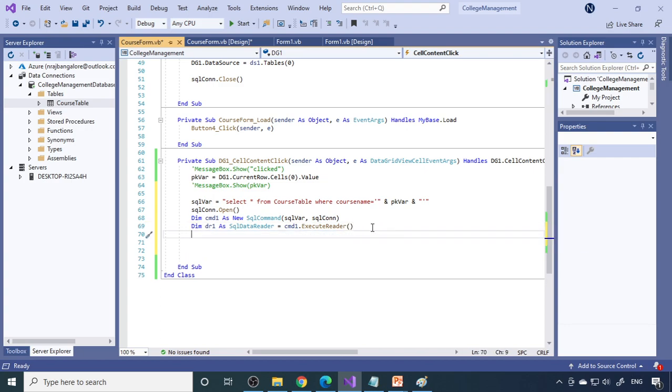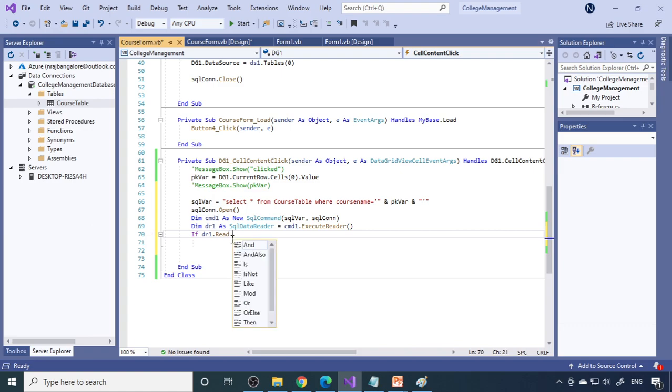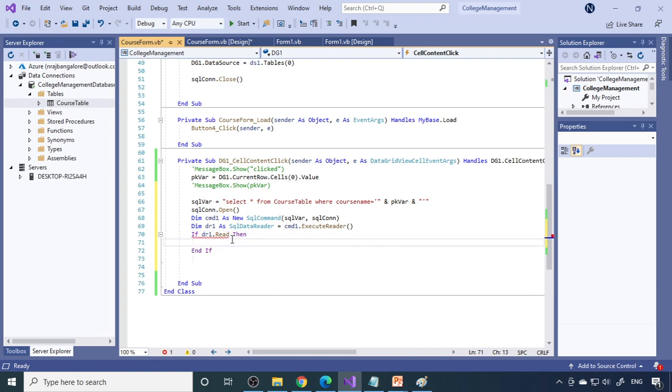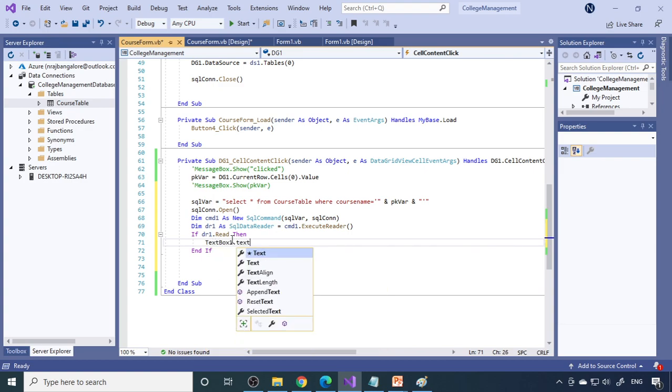Now dr1 will have the data. We want to know whether there is data or not, since sometimes there may not be data. Therefore you can use one If condition. If dr1 dot Read, meaning if there is a record. So when you read, if there is a record, we can send this data to TextBox1 dot Text.